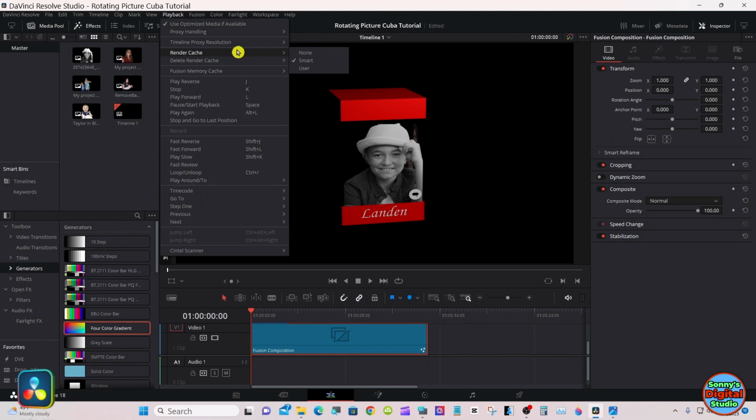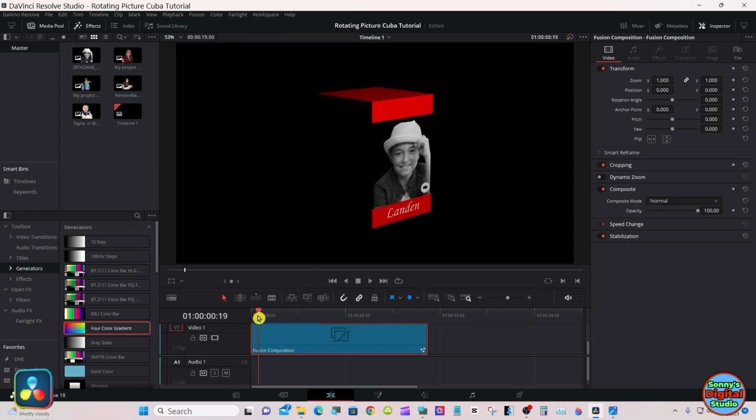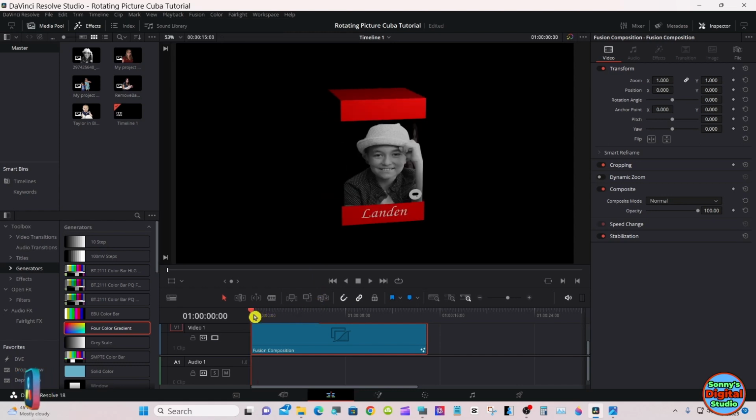If your smart cache isn't turned on, go ahead and turn that on. Let it render the cache, we'll play it.